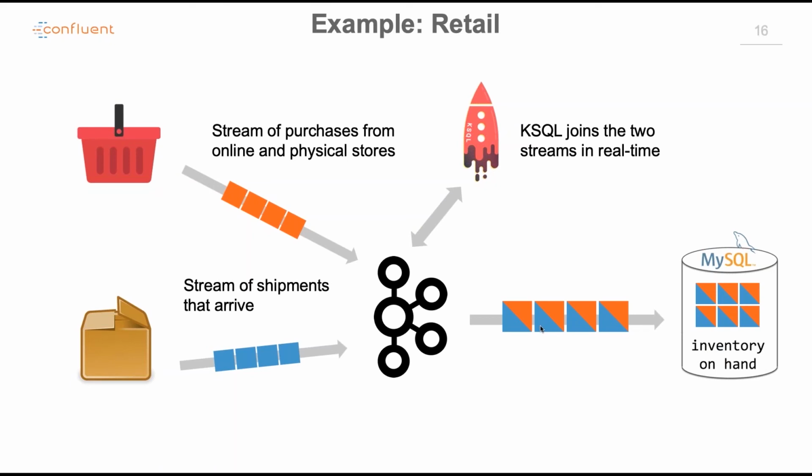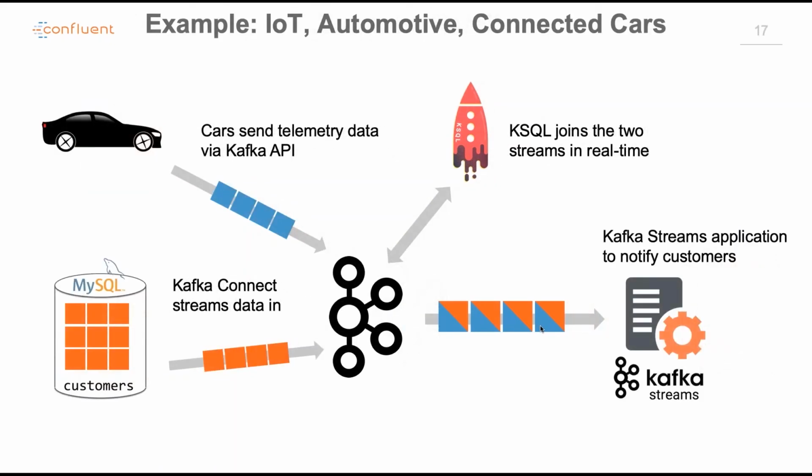Further examples include IoT. We'll see a large use case of Confluent here in a second, but imagine telemetry data from cars. This is what modern cars are doing. And imagine that at the same time, we've got streams of data about the particular car owners from a customer relationship database, for example. Again, we can perform joins on real-time data that's arriving from the cars, combining that with more static data from a customer relationship database, and we're able to create entirely new applications.